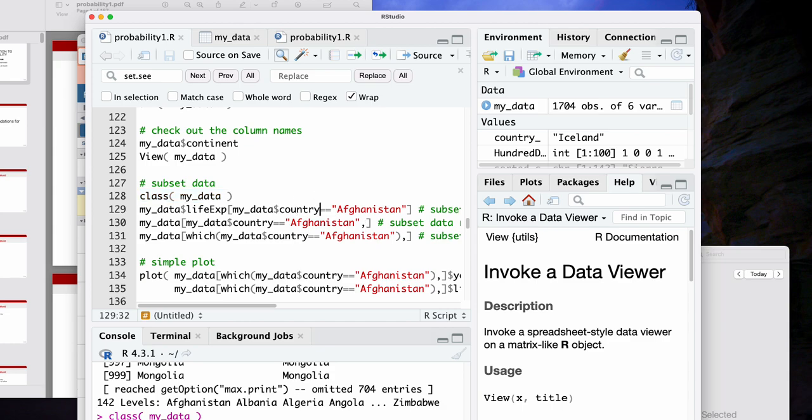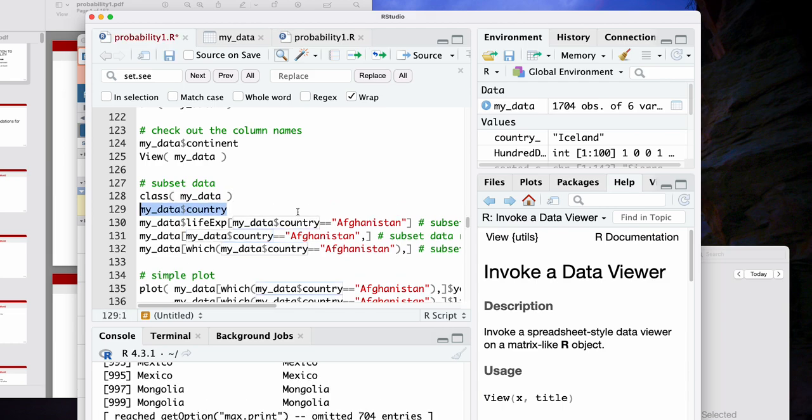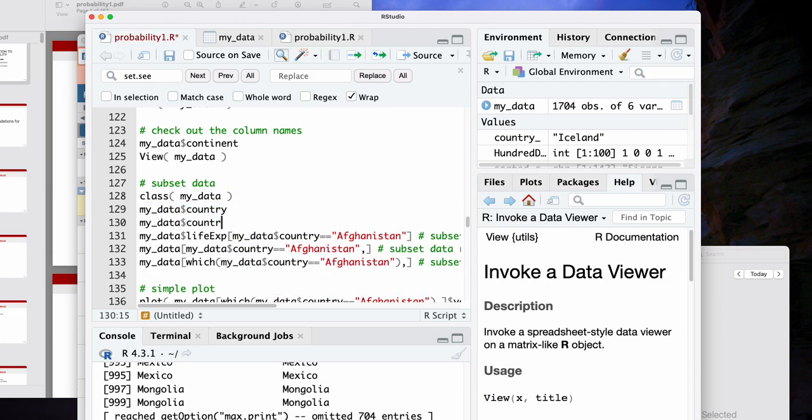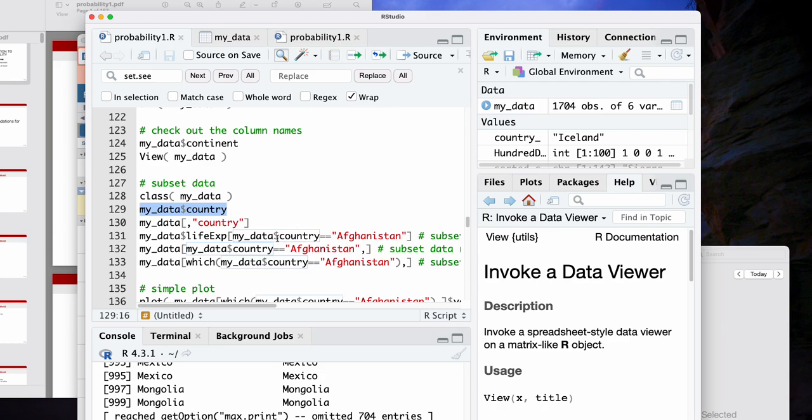So one way that you can access the columns of a data frame is by going like this. You can also go like country. You can also go like this. These two things generally will work. There may be reasons to do one versus the other, but that's not really important for now. What is important is that once you've accessed this column, you have this data set,